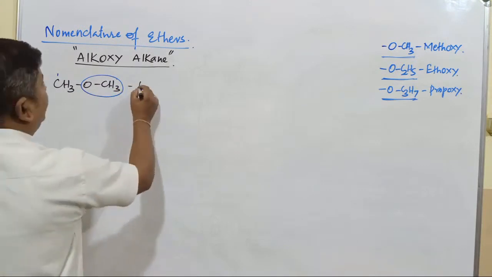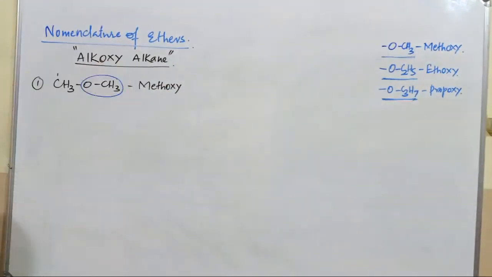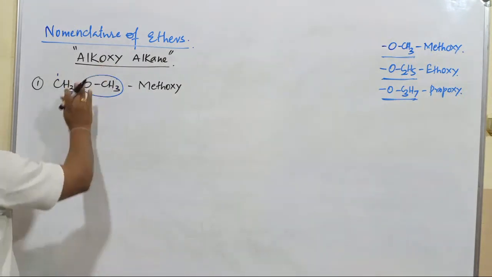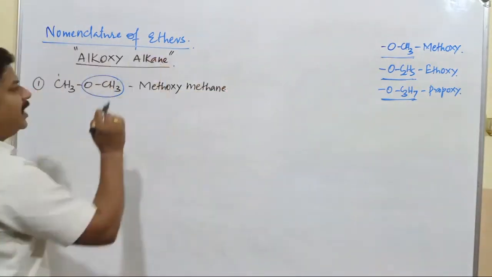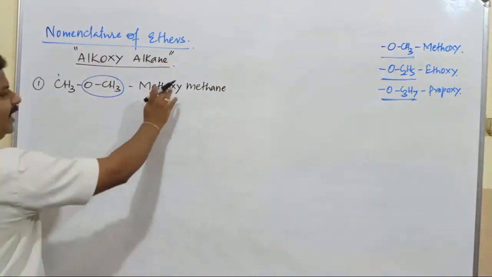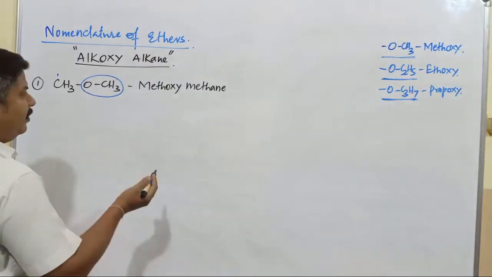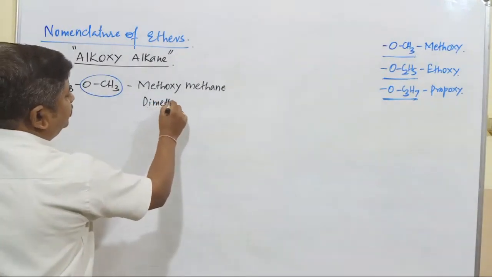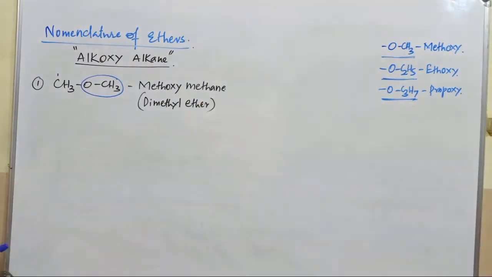Now here oxygen is present with the CH3 group. So this compound is first named as methoxy. That's the alkoxy part. Methyl means methoxy, ethyl means ethoxy, like that. Now how many carbon atoms are in the longest chain? It is only one carbon atom, so it is meth and single bond, ane. So that is the alkane part. One part is alkoxy, next part is alkane. The IUPAC name is methoxymethane. What's the common name? Common name is very simple. Two methyl groups are there, so I'll write dimethyl ether.